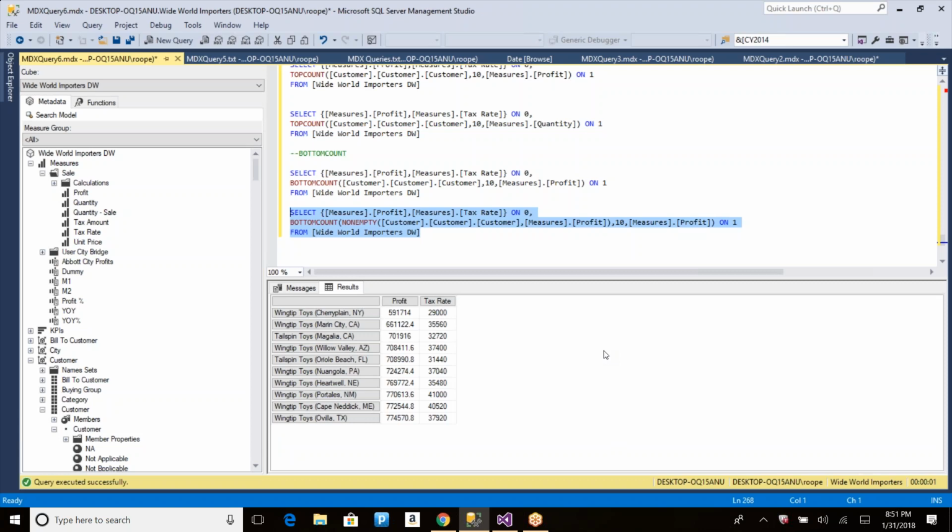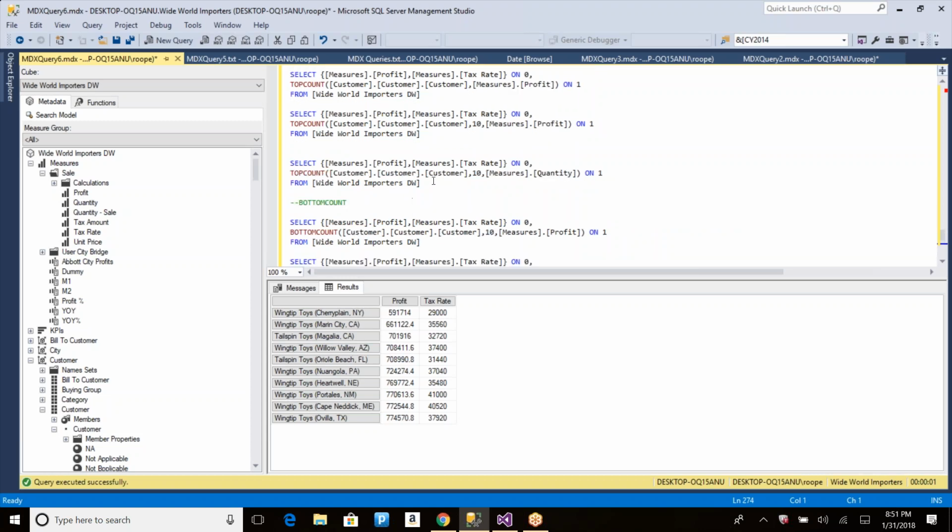So it's quite opposite in the result set, and this is a very useful feature for reporting top 10 customers or bottom 10 customers who are not performing well at all, and so on. Similarly, you have top sum and bottom sum functions. The top sum and bottom sum functions are very close to the top count and the bottom count, but the only difference is that